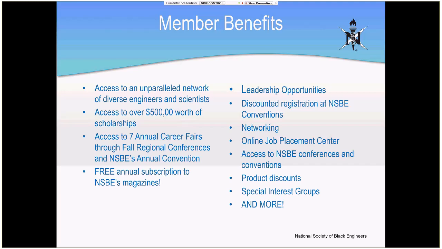Subscription to NSBE magazines, you can find that on the national website. Also, leadership opportunities, discounted registrations, networking, online job placement, access to NSBE conferences, products, discounts, and special interest groups, which are the SIGs.